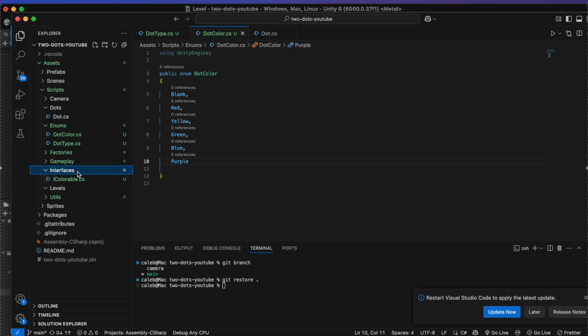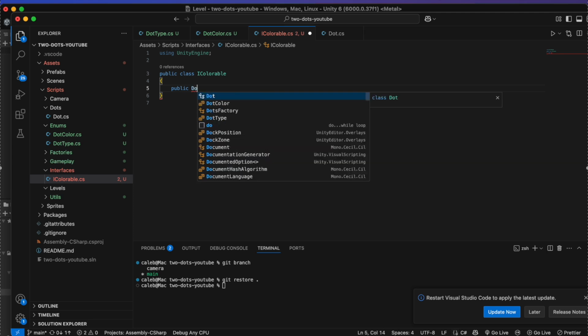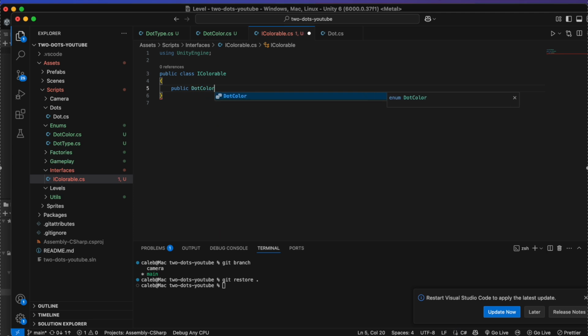Next, I'm going to create my interface. This is just going to be a way that we know which dot has a color property or a color attribute, and which dot is something that doesn't have a color to it. So if I say public dot color, because this is going to be the color of our dot, I have to specify that it is a public getter,